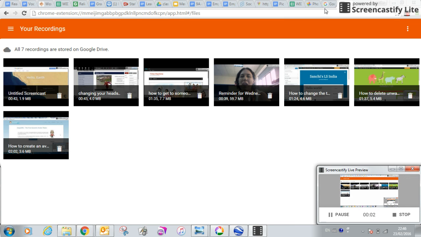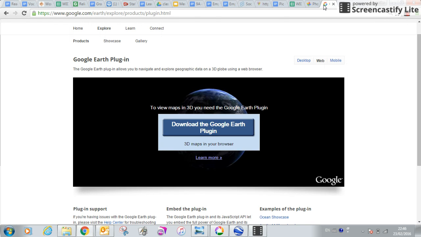Hi everybody, these are just some quick tips to get you started today using Google Earth for your task to map the medieval trade routes. So I've just done a quick Google search for Google Earth and I've come to